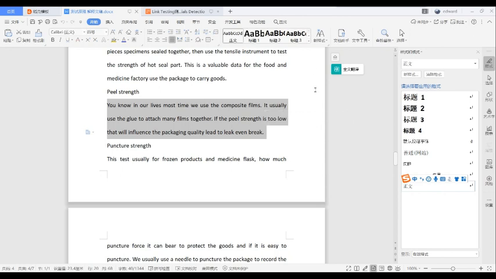In our lives, most of the time we use laminated composite films. It usually uses glue to attach many films together. If the peel strength is too small, that will influence the packaging quality, leading to leaks, even breaks. You know, during transportation the temperature always changes. If the peel strength is very small, or the temperature changes too much, it will influence the glue's